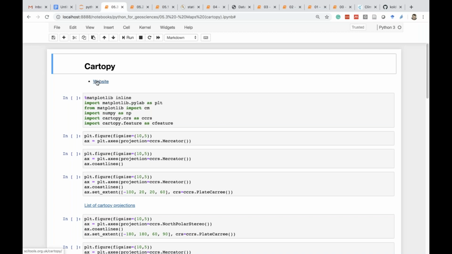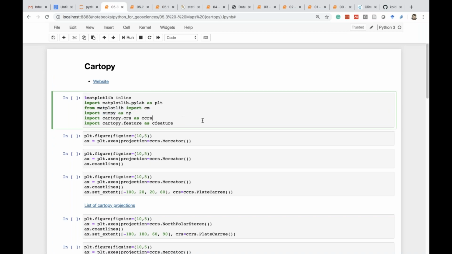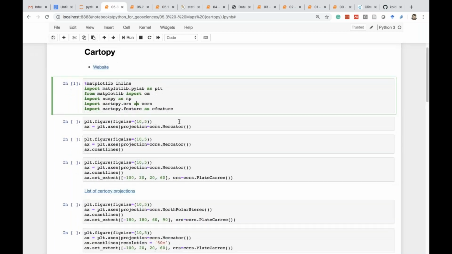Okay, there is a website here. We have to do these imports. The Cartopy-related imports are Cartopy CRS and the Cartopy feature, which we have to import, and I will show you how to work with them in a second. So the very basic thing that you can do with Cartopy is just to create a figure,